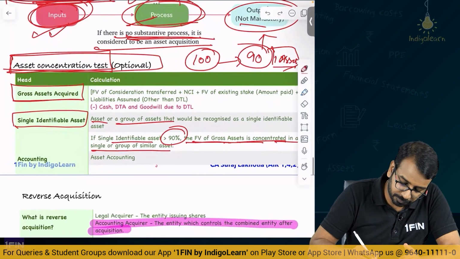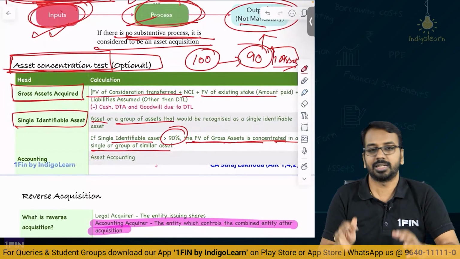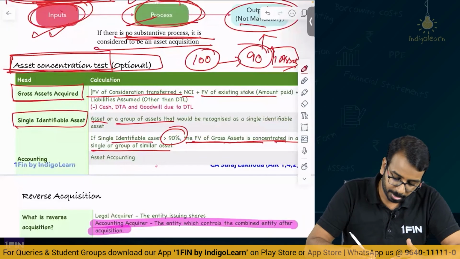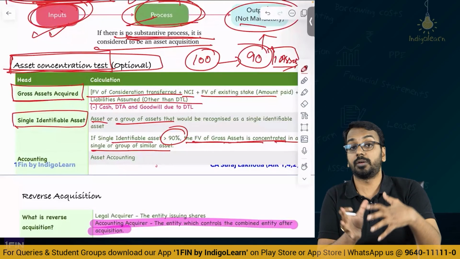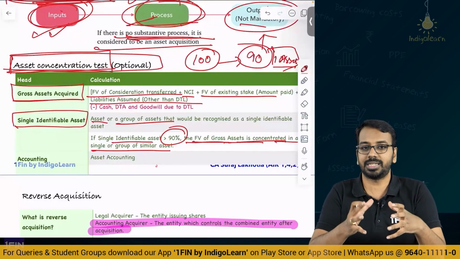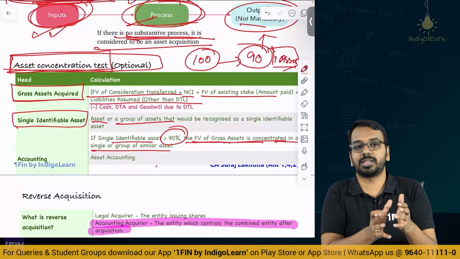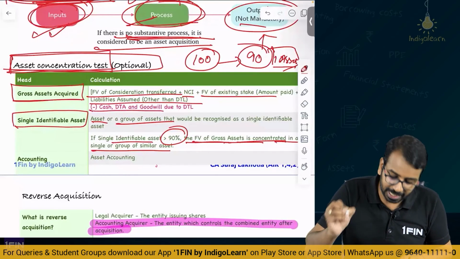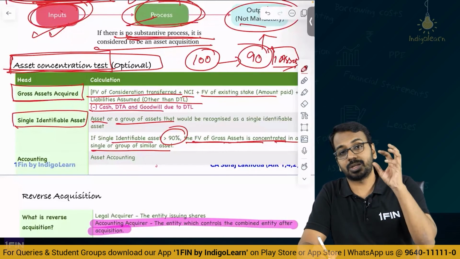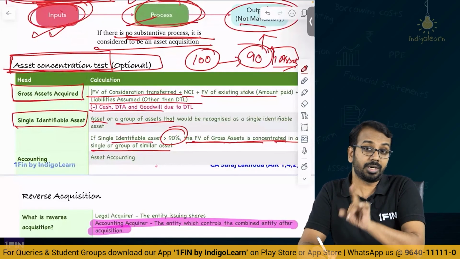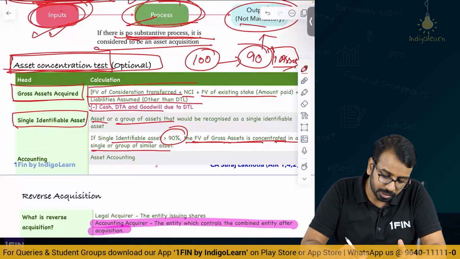You will take the fair value of consideration transferred, the total purchase consideration part, NCI, and fair value of existing stake. So, basically whatever we have paid on the owner's side plus any liabilities that we have assumed other than DTL, you will consider all of these to be gross assets. Basically, we are saying not net assets, but gross assets. So, whatever is there on the equity and liability side, we are summing them up. We will exclude cash, DTA, and of course, goodwill which arises due to DTL, right. This amount represents gross assets. There is a question in the study material, you can have a look at that question to have more clarity on this. This is called the gross assets.